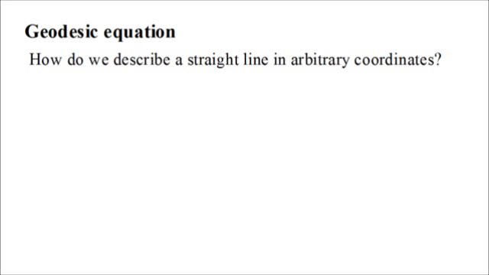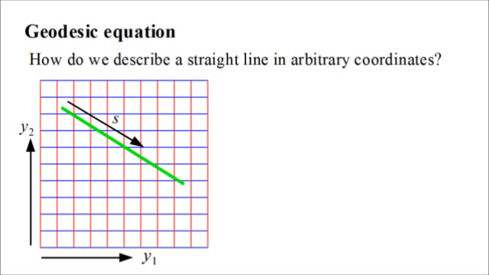In this appendix video, we look at the geodesic equation. That is, how do we describe a straight line in arbitrary coordinates? At least that'll be our starting point. If we start with rectangular coordinates, say y1 and y2, and we draw a line, and then we measure position